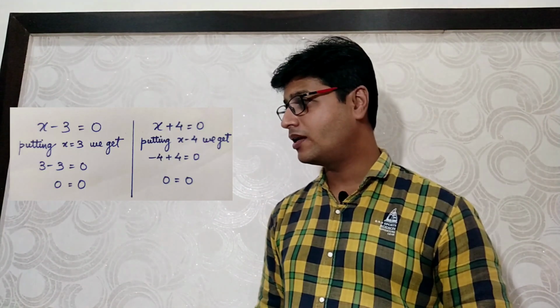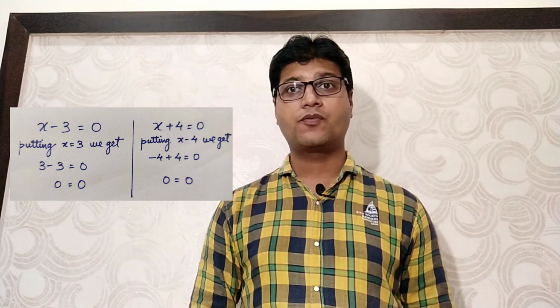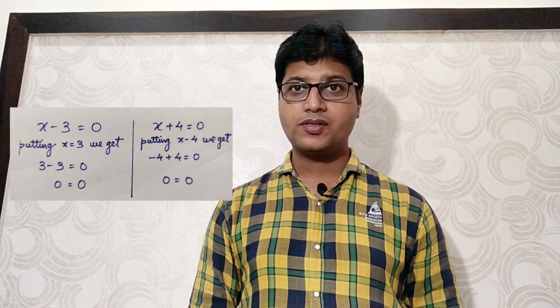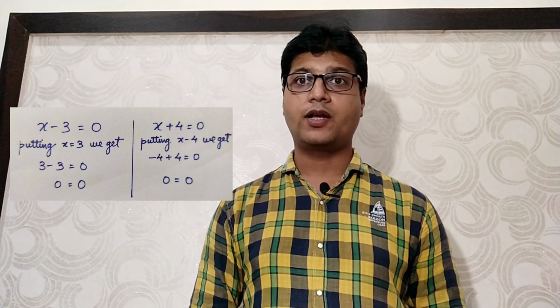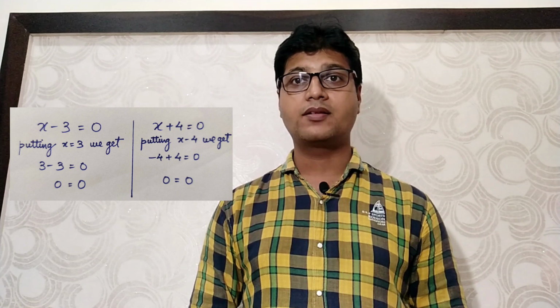Now what do you mean by root of a polynomial? If you put an equal to sign in a polynomial, it becomes a polynomial equation, and for a certain value of the variable, if the value of the polynomial equation becomes 0, that particular value of the variable will be called a root of the polynomial equation and not a zero of the polynomial equation. As shown in this example, if you put the values 3 and minus 4 in the polynomial equation, you are going to get its value as 0. Therefore, they will be called roots of the polynomial.